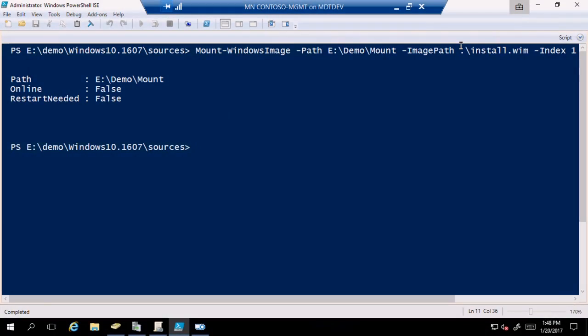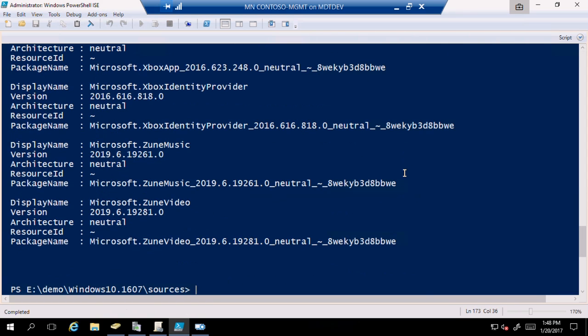So if we look at my server here, I've mounted the install.wim, and with that mounted, I can now get a list, Get-AppxProvisionedPackage from edemo mount. So we can get a list of the provisioned apps that are included in the OS, and for any of those, we can actually remove them. So maybe we want to remove Zune Music, so we could do